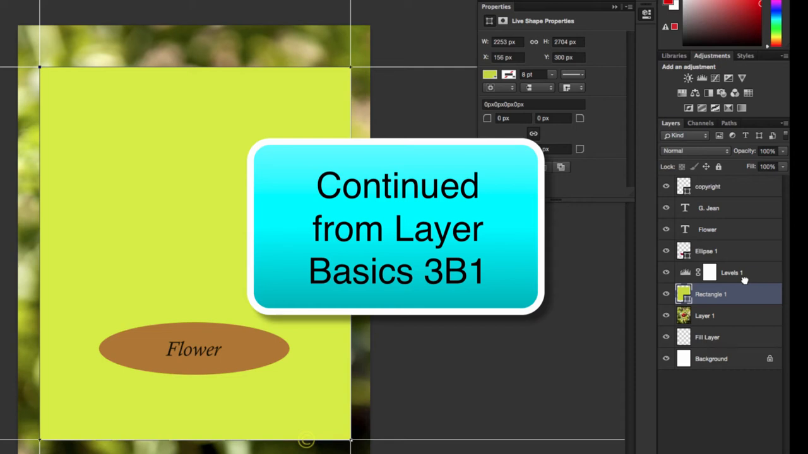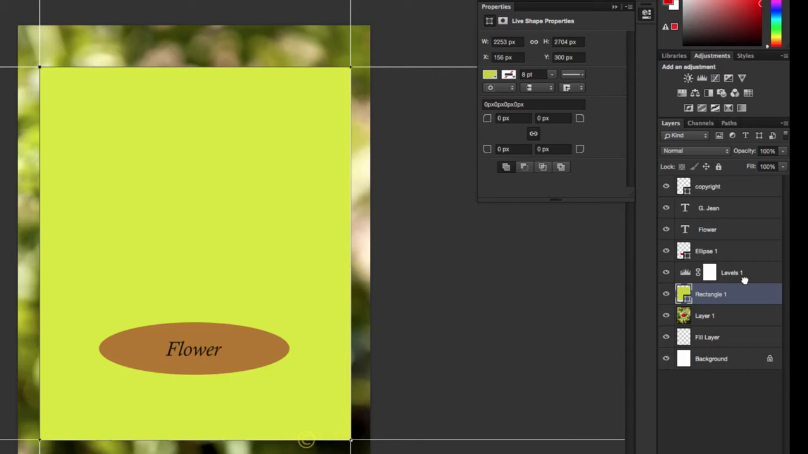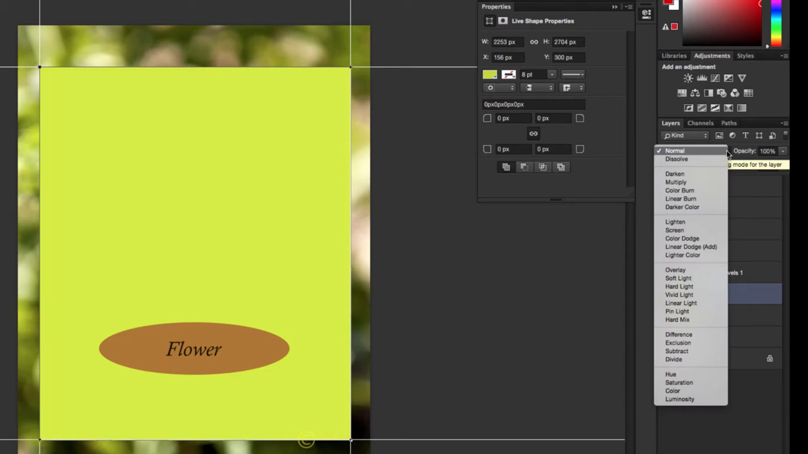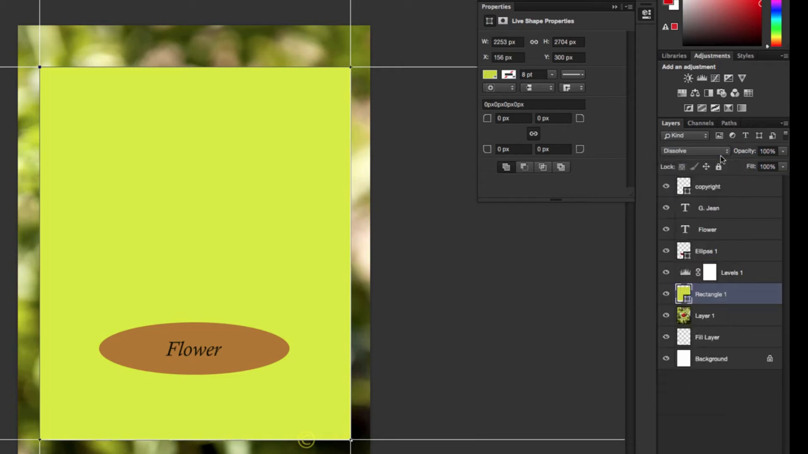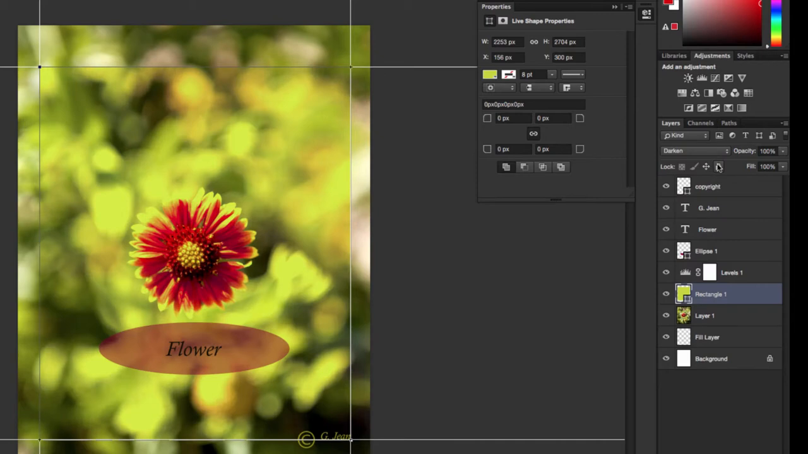Now we're going to look at blending modes. I'm going to have you come up here and where it says normal in the layer panel, those are different types of blending modes. So click through each one to see what happens with your rectangle over the image. If I select dissolve, not a whole lot happening. If I select darken,